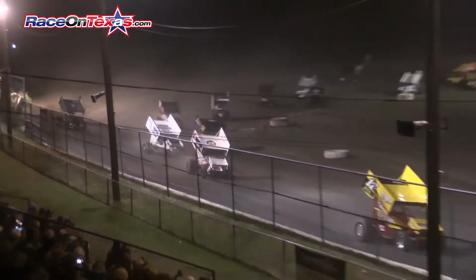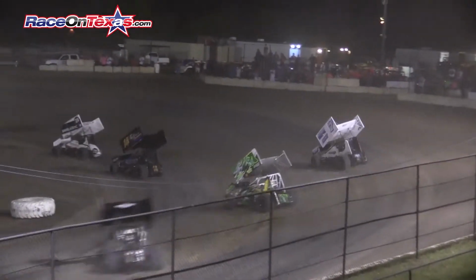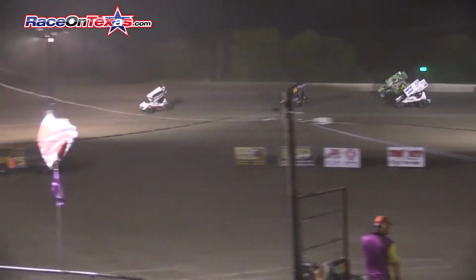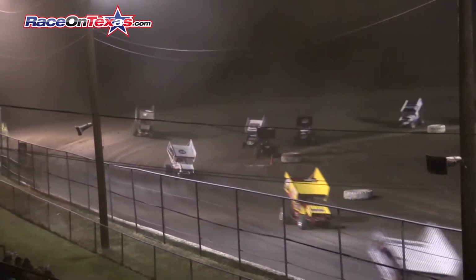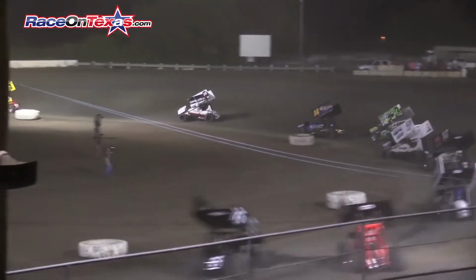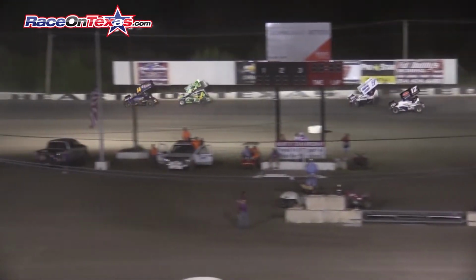Culp already got a straightaway between himself and Dustin Gates. Raven Culp pretty much on cruise control right now, Joe. Gates riding that top side through turns 3 and 4. Looks like Kohanic way down on the very bottom of the racetrack. 4th spot right now is Tommy Bryant. 5th spot, Shannon Tankersley. Here comes Jacob Lucas, though. Has gotten around Ramey. Got a really good run off the bottom, but just can't get around Shannon Tankersley for